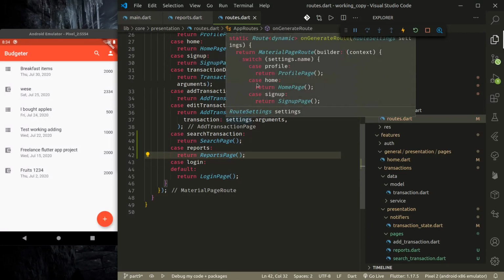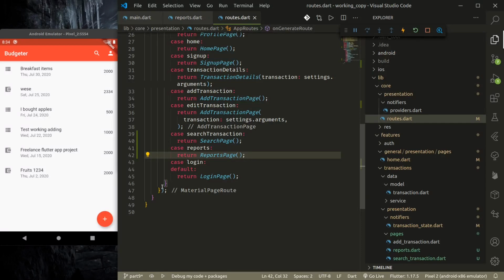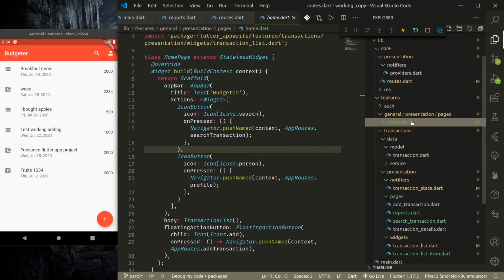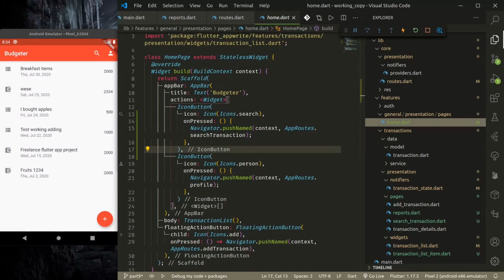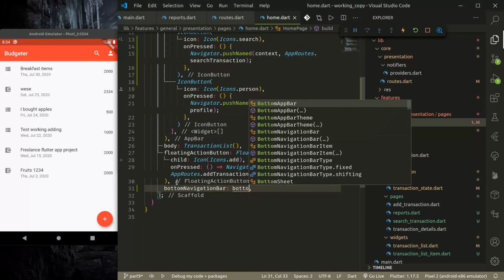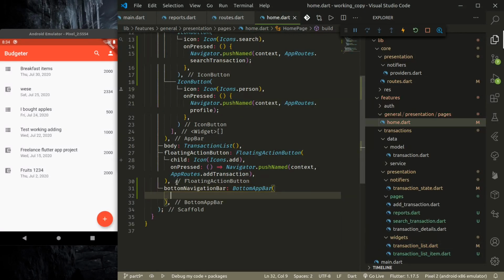So now we have a route, we have a page, we need to link. So in our home.dart, I'll add a bottom navigation bar. So here, bottom app bar,